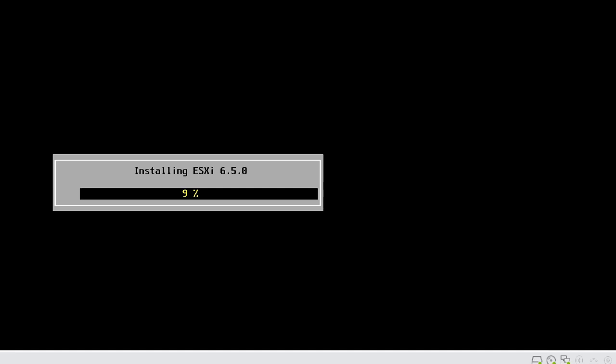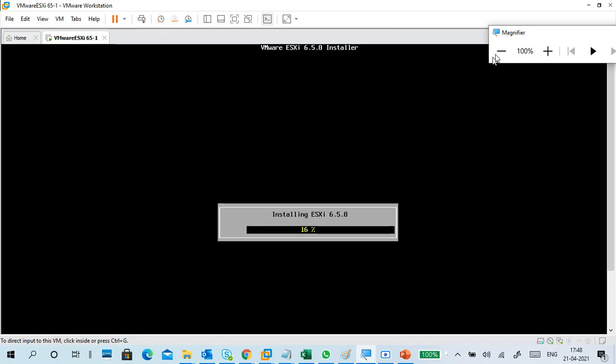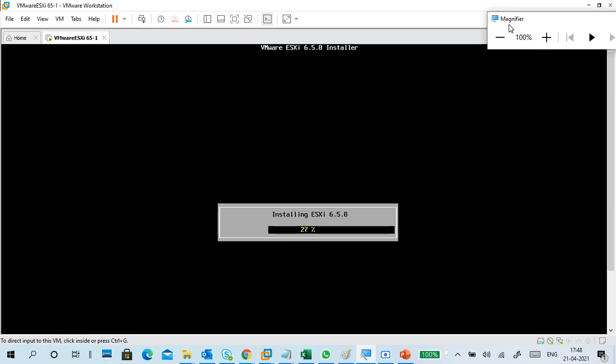Now it is installing. Last time I tried to show this installation to our batch. What happened? It stopped in the middle and stayed there, so it was not completing. Like 2, 3 times we tried, then we completed successfully. This time we will see. If it is not installing this time, I won't try 2, 3 times. I will leave it. Otherwise, I will try. I will show you the existing machines only.